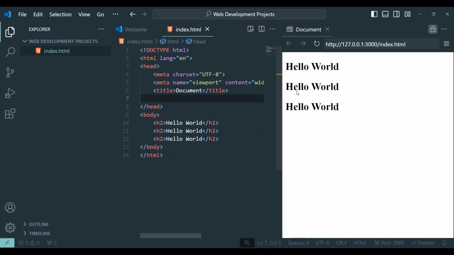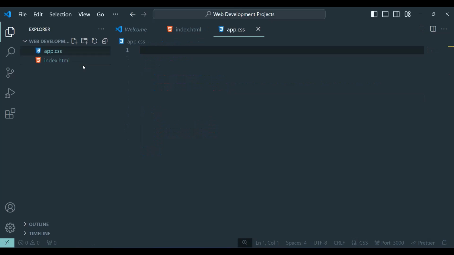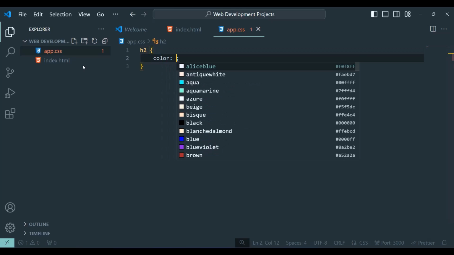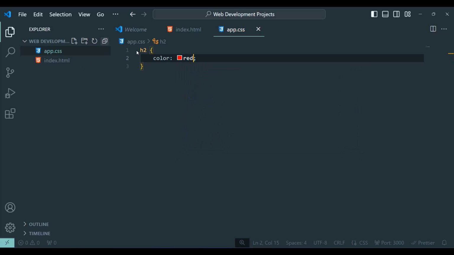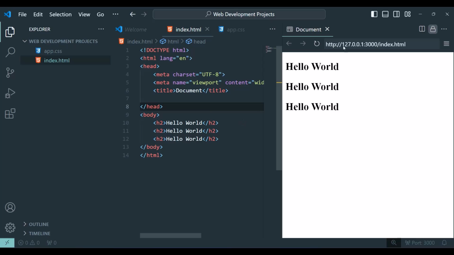So let's delete this. So you have no color now. Now I'm gonna go here, I'm gonna call it app.css, so it's very important to have CSS, and I'm gonna type here h2, color, let's say red. Now if I go here, index, now if I show preview, we get nothing.